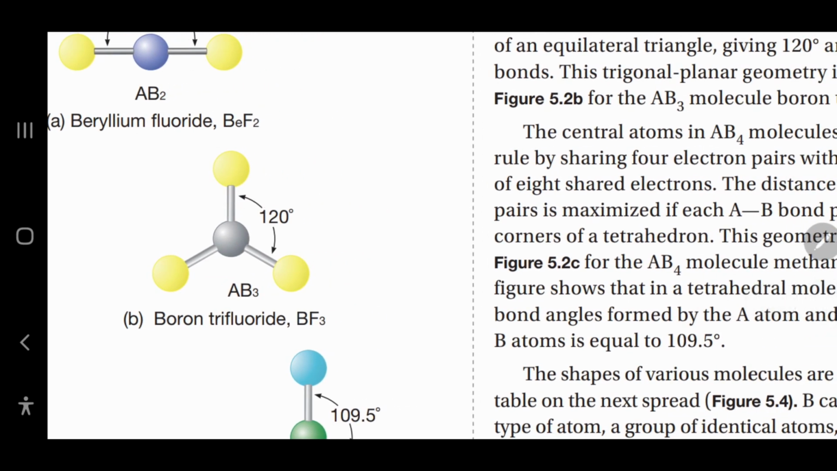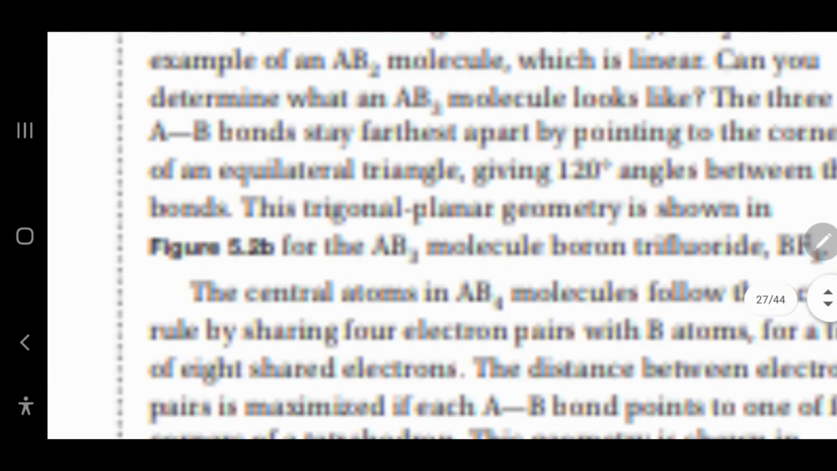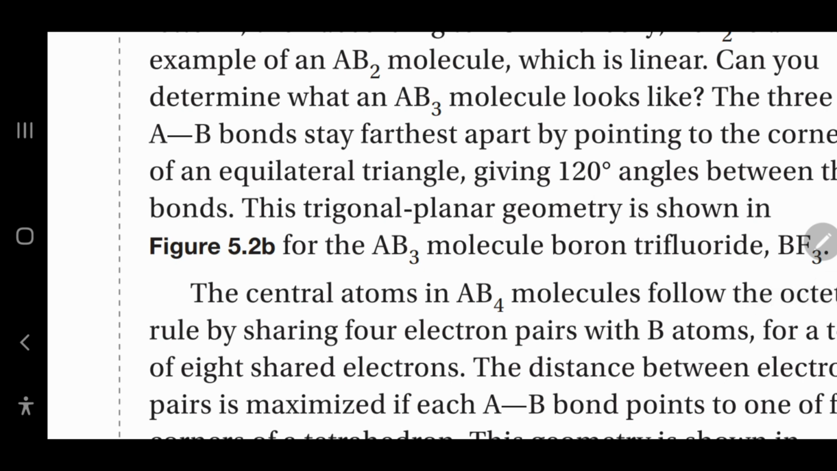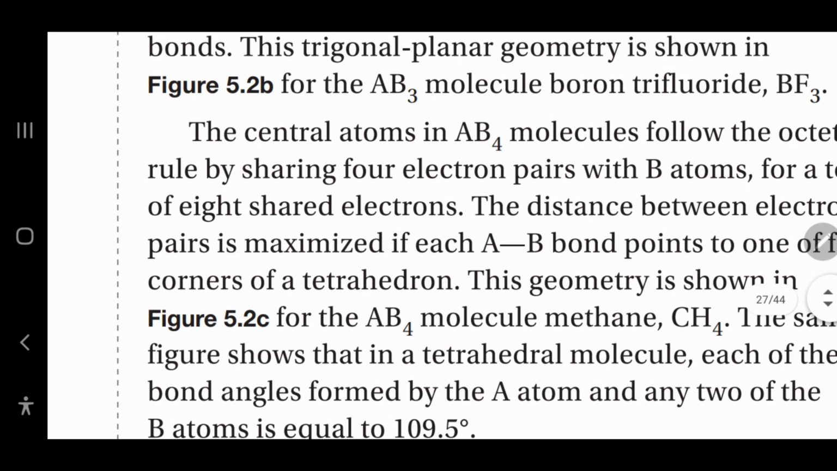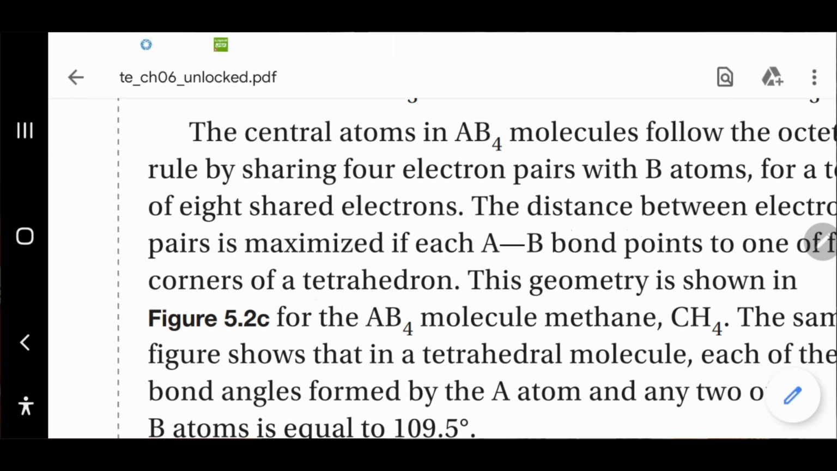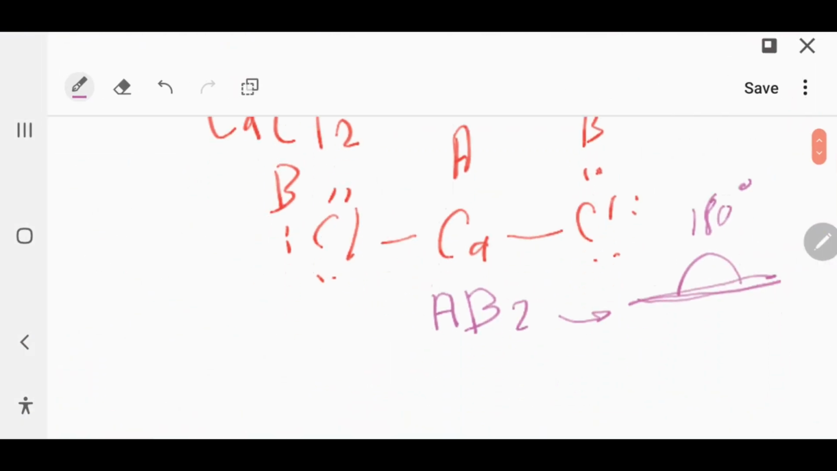Triagonal planar shape. So the geometry for AB3 is triagonal planar, and for AB2 it will be a linear structure. What if we have AB4? Like, for example, CH4. Remember, guys, that when we talk about, for example, CH4,